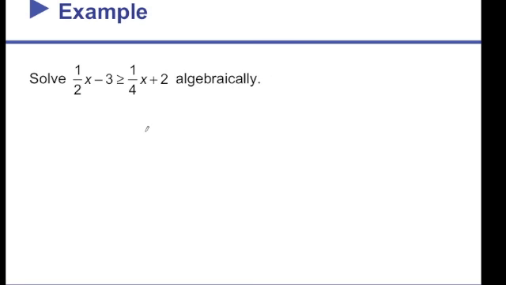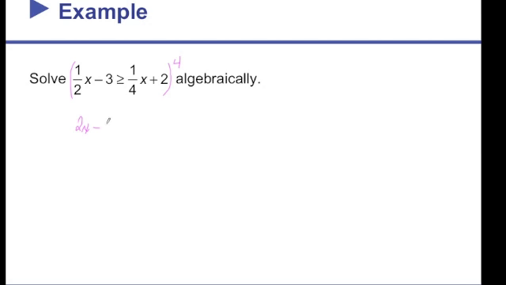Now let's do that same inequality and solve it algebraically. First thing we would do is multiply by the common denominator. For 2 and 4, my common denominator will be 4. Remember, it has to be the big one or something bigger. 2 goes into 4 twice, so I take 2 times 1 is 2x minus, be sure to take the 4